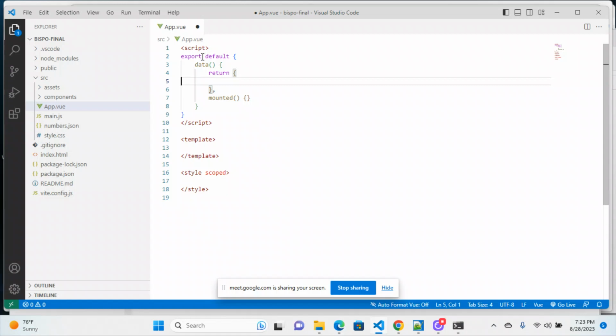So if I ask you to create a variable called, I don't know, file name, and then ask you to put in the file name of the image, I think it's egg.jpg that I'm using here, then just know that this is where that would have to go. And then if you were to put that into the template here,